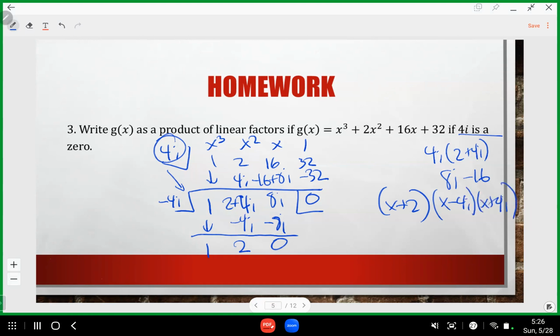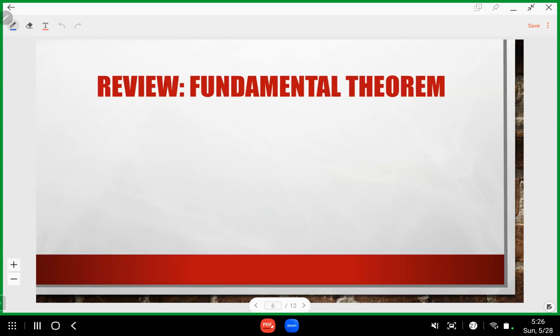Very good, very good. Okay, that's all for the homework. Hopefully it wasn't too difficult, but just use synthetic division, brute force your way through it using synthetic division. Synthetic division is always the way to go. It's very good. Okay, let's review the fundamental theorem and then we can go into the main topic for today,